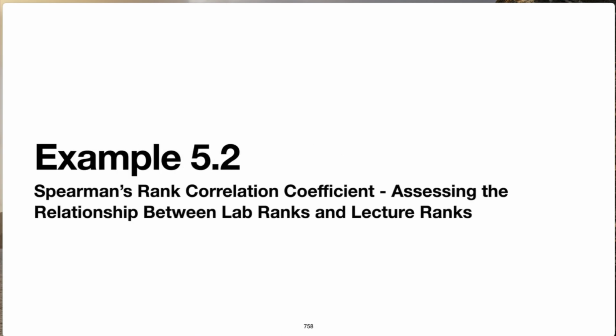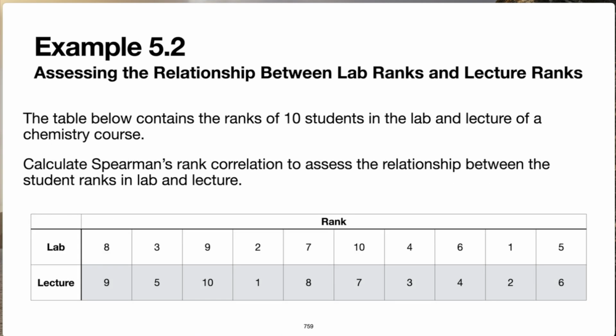All right, so that's the end of example 5.1. Let's move on to example 5.2. In this example, we're going to look at Spearman's rank correlation coefficient in assessing the relationship between lab ranks and lecture ranks. And so the table below contains the ranks of 10 students in the lab and lecture portions